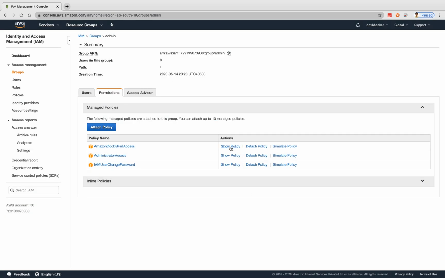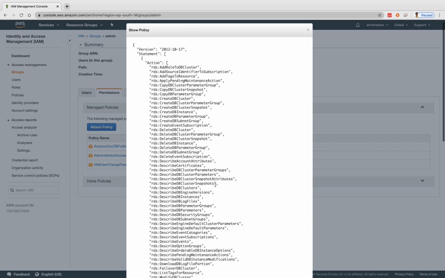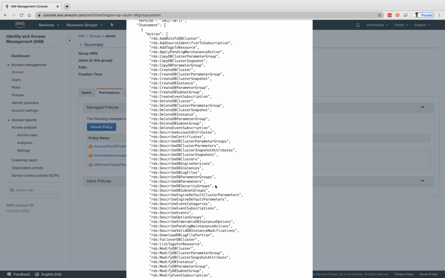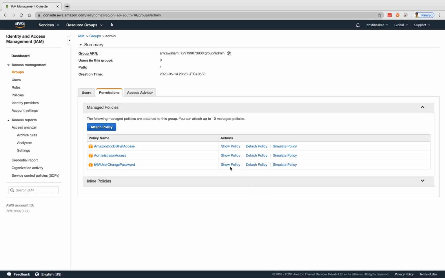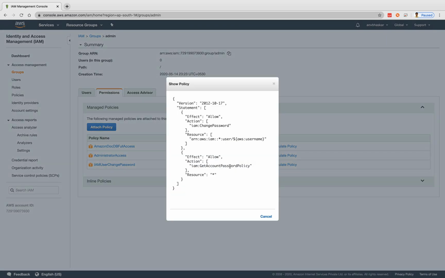If you want to see, this is another show policy. This is one of the policies where you can access all databases and cluster related information. So everything is updated in JSON. Show policy, change user policy. If you see here, there is some resource for your username and password, which are the rules. While you are creating a password, this password should contain only digits, only numbers, only alphabets. This is also one of the policies. We will see that part also.